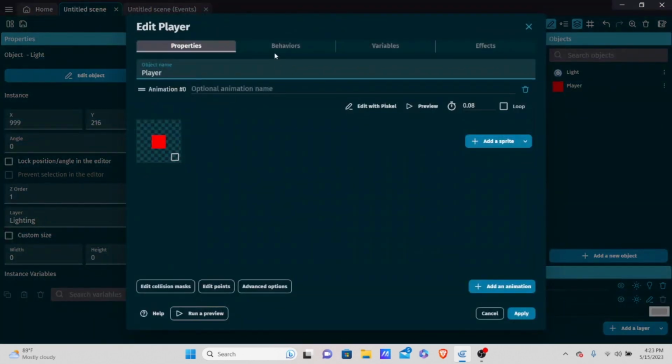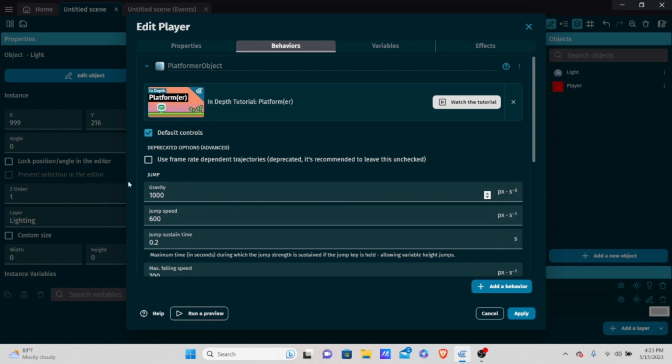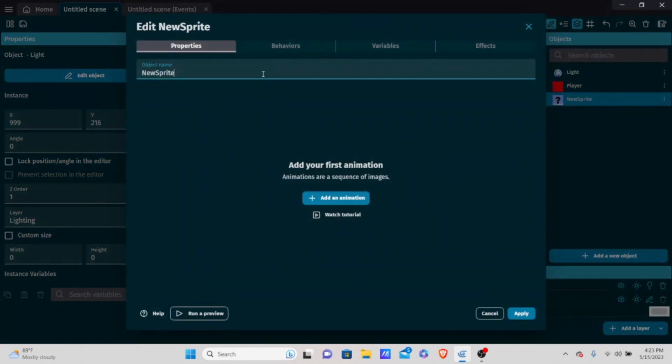I'm going to go back into the player object, add a behavior, add a platformer character. I'm going to leave everything as default and hit apply. Now, of course, the player needs platforms to stand on. So I'm going to add a new object, call it sprite,